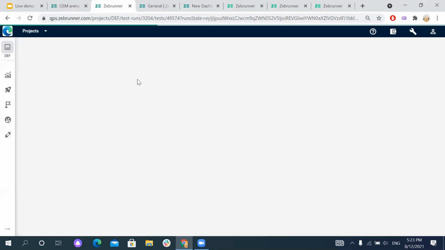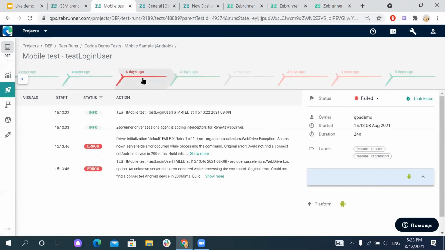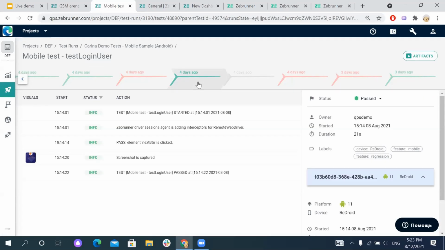Let's update it. You can go through all of the tests and analyze how it actually performed over time, how it performed 4 days ago or 10 days ago, doesn't matter. The last 10 executions are always saved for you to be able to analyze the test stability, identify the flaky tests, identify how your tests perform during your